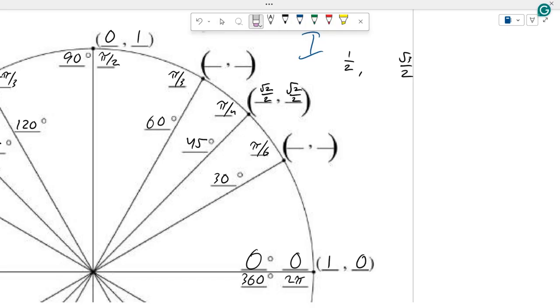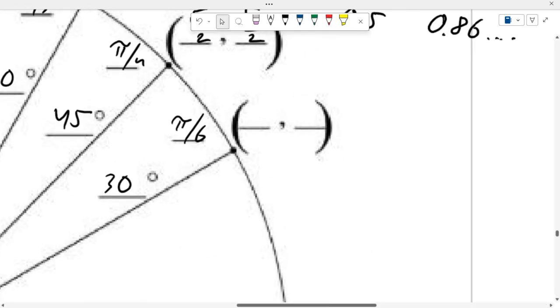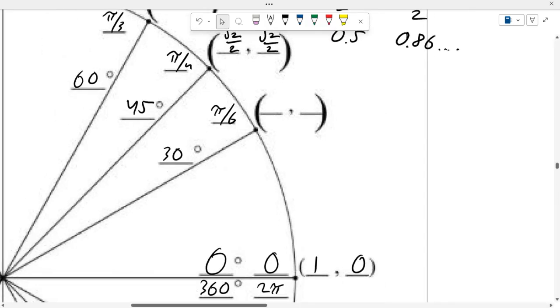Now, hopefully we can see that 1/2 is less than root 3 over 2. 1/2 is exactly 0.5. Root 3 over 2 is about 0.86-ish, right? So 1/2 is the smaller number, okay? If I'm trying to figure out what happens at 30 degrees, which is also pi over 6 radians, which one goes first and which one goes second? Well, notice that